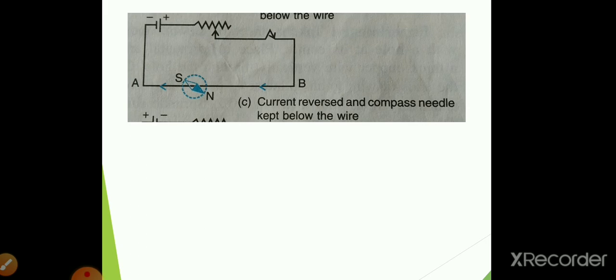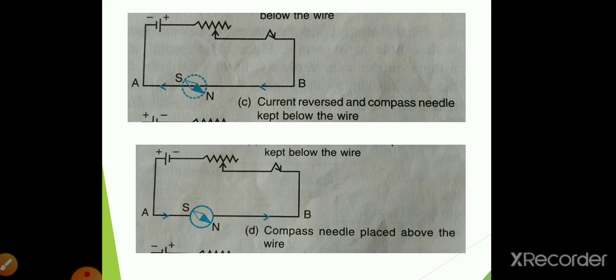That means on reversing the current, the direction of the magnetic needle also changed. That means the magnetic field direction changes as the current is reversed. So the next observation done by Oersted, that is, when the compass needle is placed above the wire, you can see here